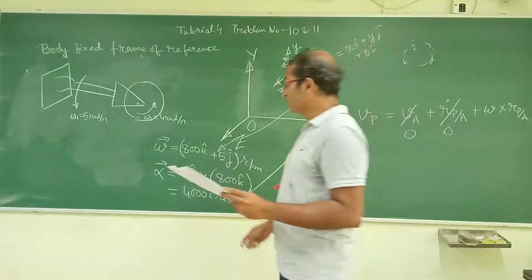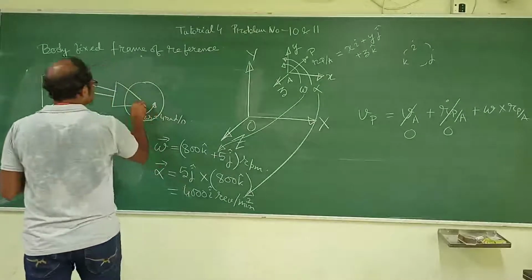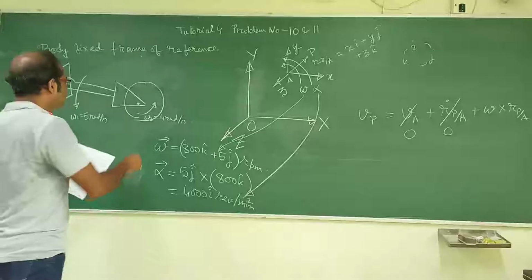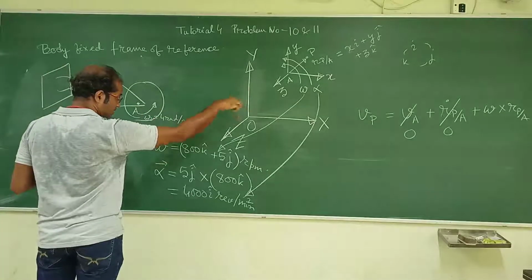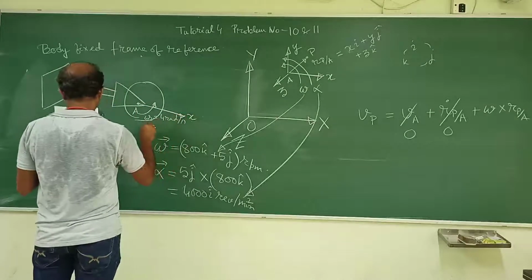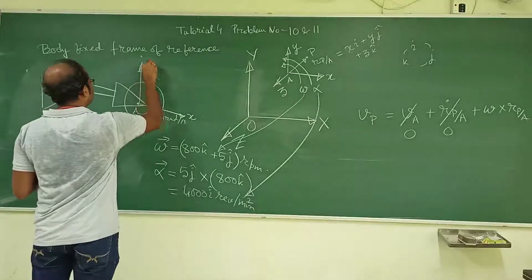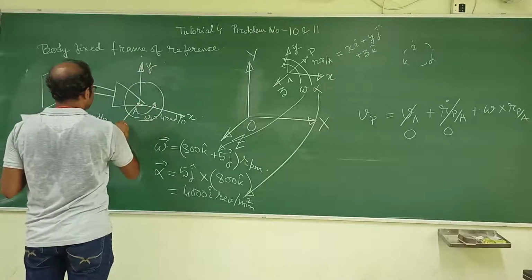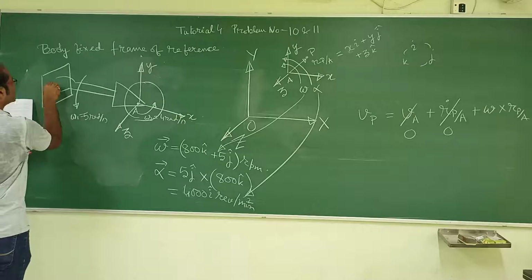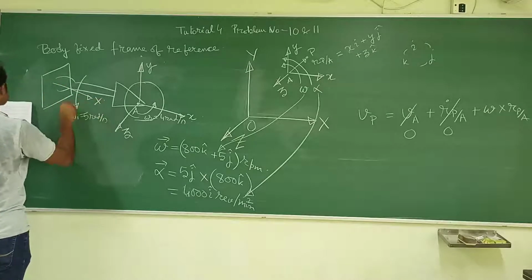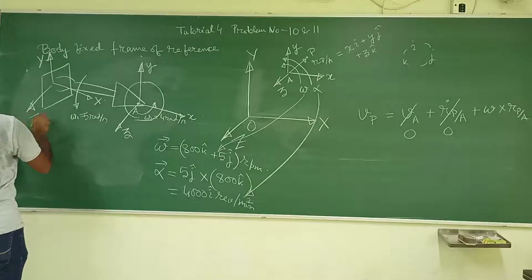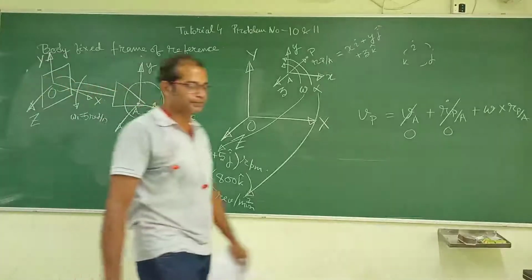Okay, so what I will be doing is just using a coordinate system. Irrespective of whatever the coordinate point is going to say, I am going to choose this as a point, just keeping this diagram in mind. I am going to choose this axis as small x axis, this axis as small y axis, and this axis as small z axis. In line with it, this axis is capital X axis, this axis is capital Y axis, and this axis is capital Z axis. They are the inertial frame of reference.